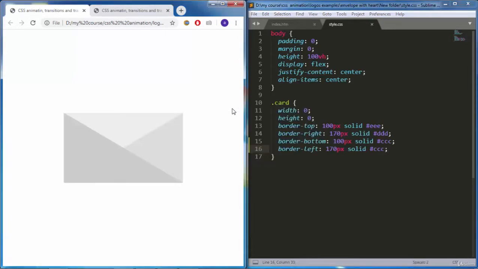All right, so now you can see we have these 4 borders, and with these colors and widths, they're giving us the exact shape of the card we're looking for. Now, let's learn how we can create the heart shape using CSS. I will target the div with the class of heart,